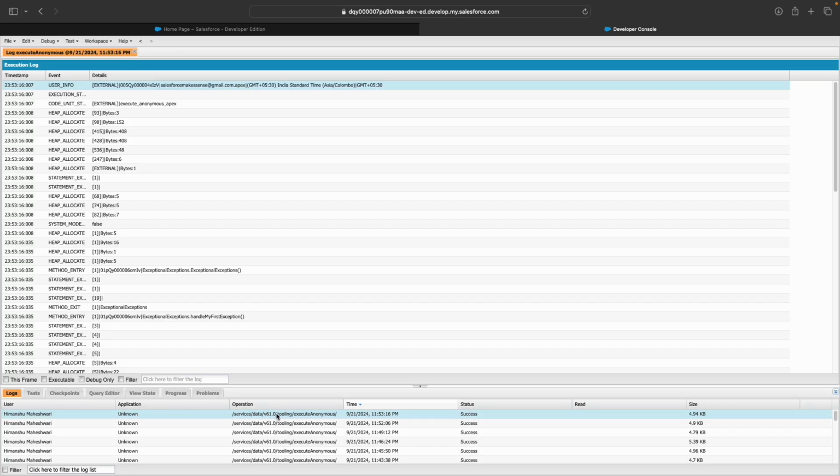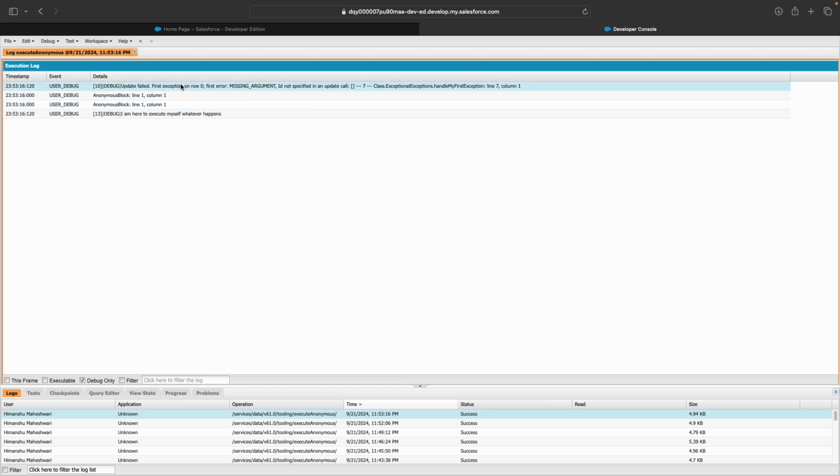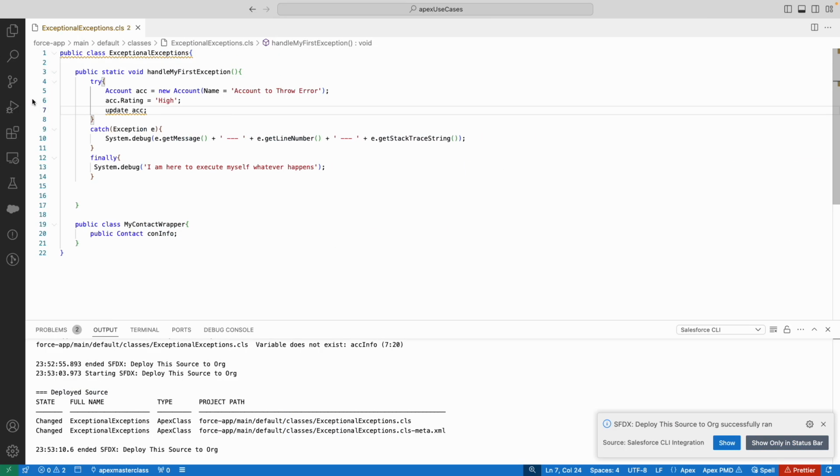Okay, log is successful. Let's take a look at the debug only statement. You'll see that you've gotten an error. Update failed. Missing argument ID not specified in an update call. Line number 7 is failing. Which is line number 7? Update account is line number 7. What's the issue here? I'm trying to update a record, but I've not told which record to update because no